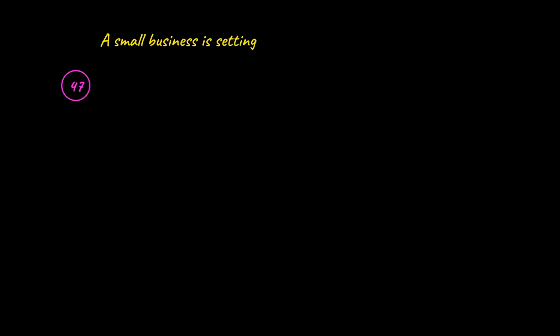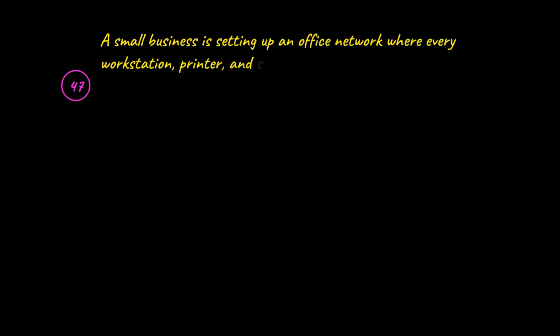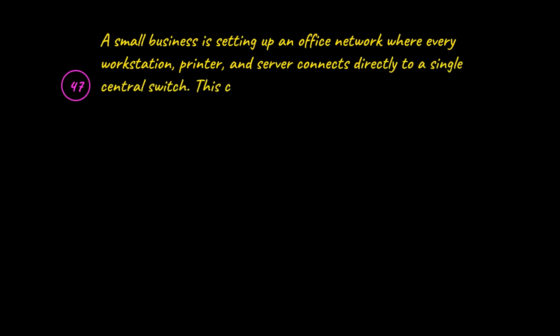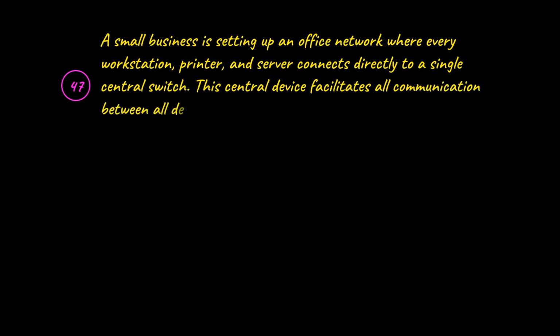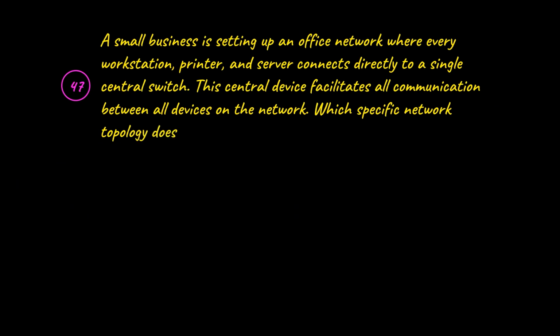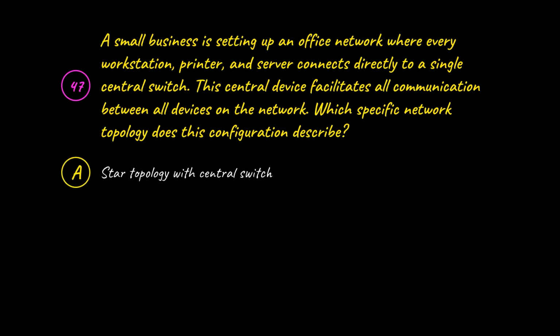Question 47. A small business is setting up an office network where every workstation, printer, and server connects directly to a single central switch. This central device facilitates all communication between all devices on the network. Which specific network topology does this configuration describe? Your options are A. Star topology with central switch,